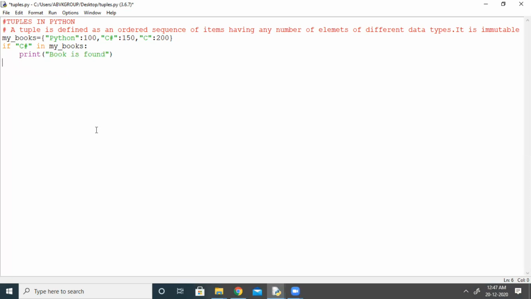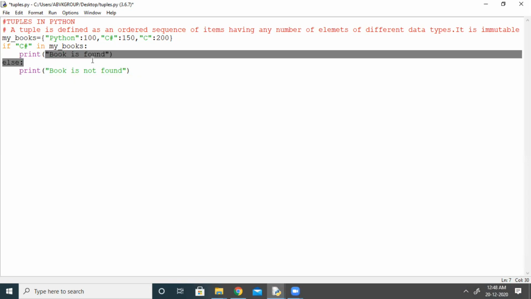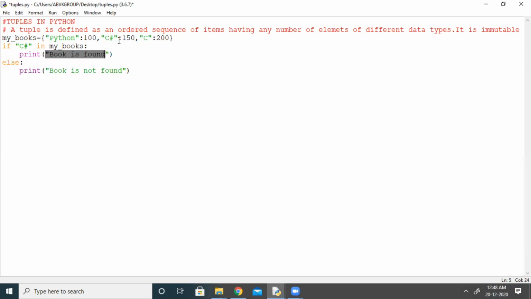Else, print book is not found. So if it gets the value C sharp, then this statement will execute: book is found. If C sharp is not there, it will show me the message book is not found. But here I will get the message book is found.